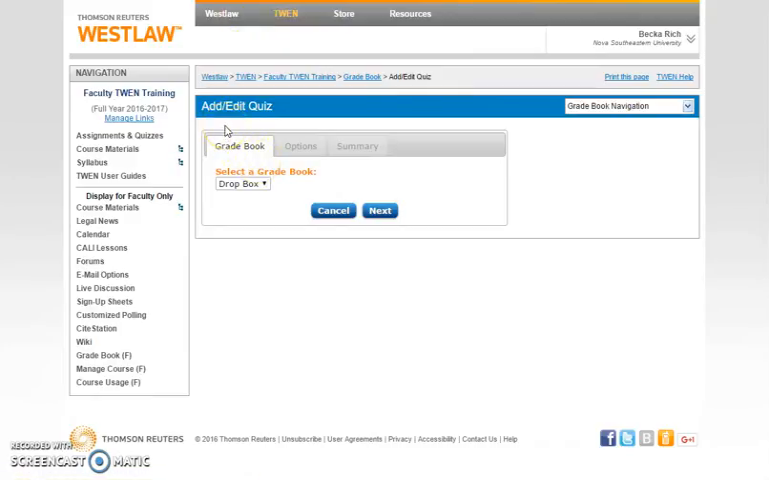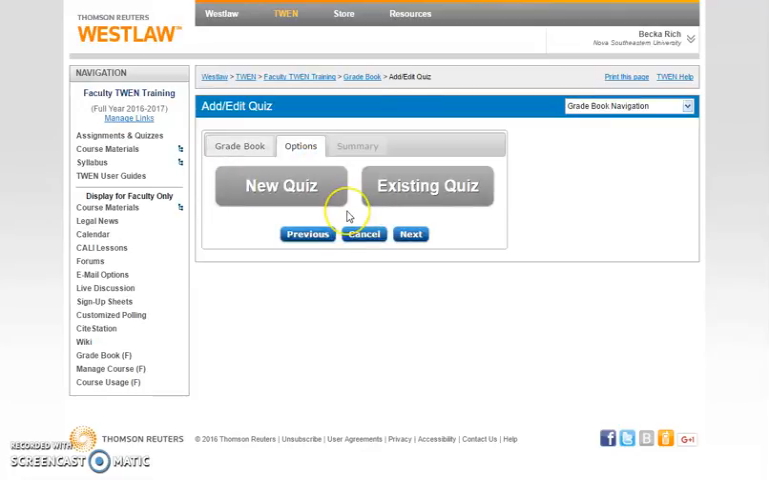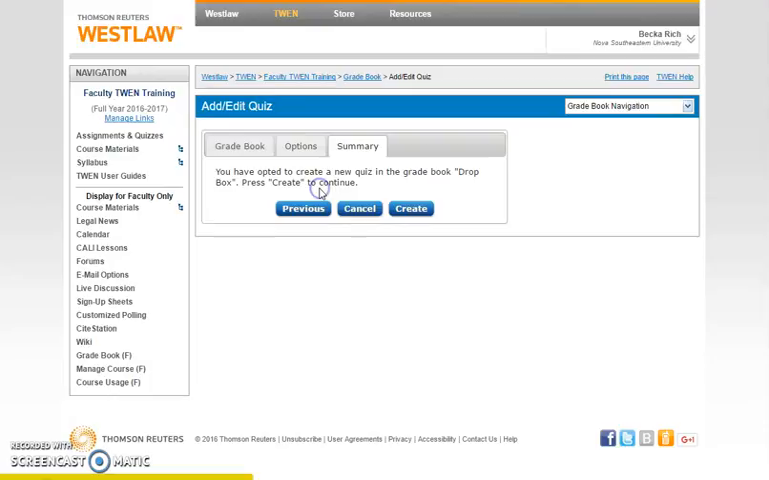So now we're in the Add Edit Quiz function. If you have more than one gradebook, you can select one. We only have one in this case. And we're going to go ahead and click Next. And you see here you have the option to create a new quiz or edit an existing quiz. We're going to create a new quiz. And it basically takes you through a wizard to create the quiz. We press Create,